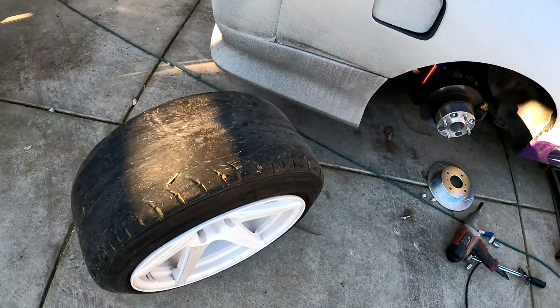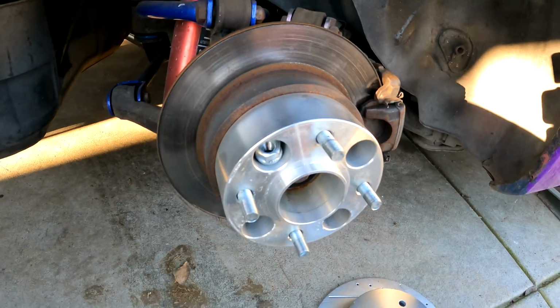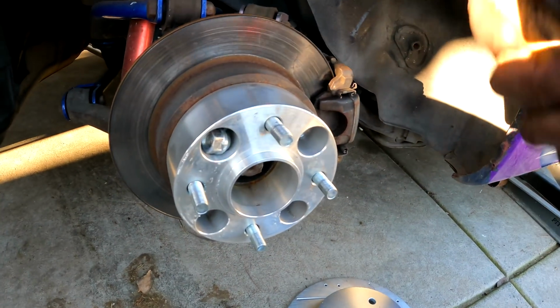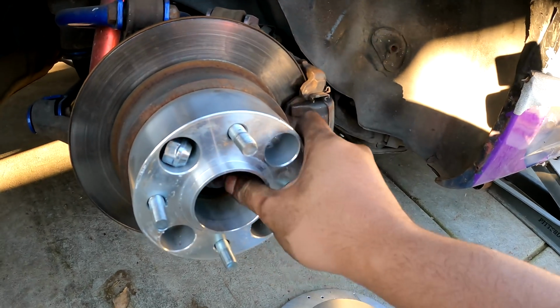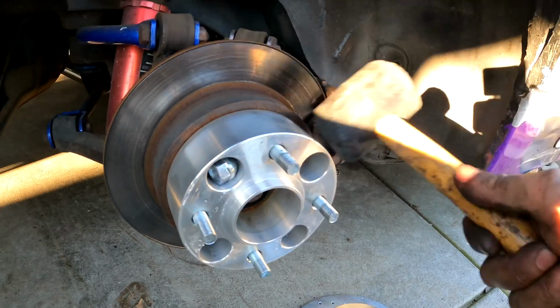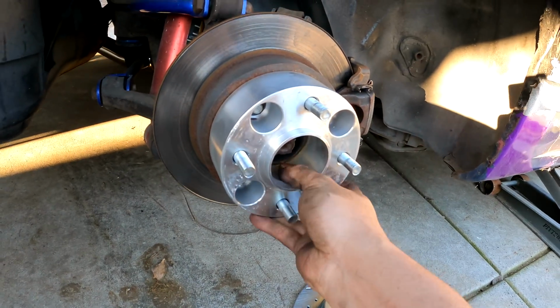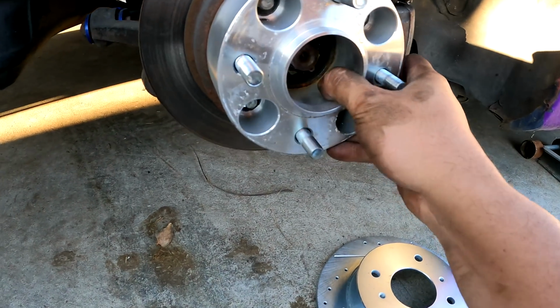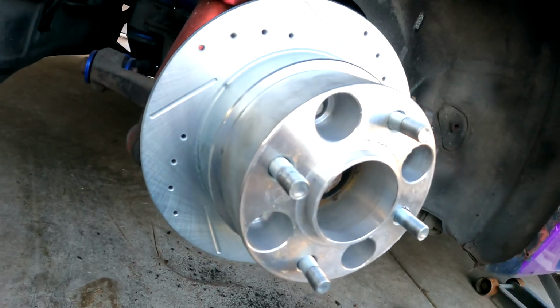Dang, these are pretty much slicks. I better burn these up and get some new ones on. These are stuck on there. What the hell? Oh, I gotta figure this out. There we go. All back together